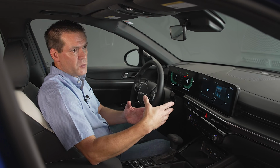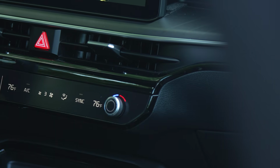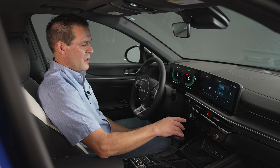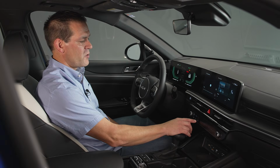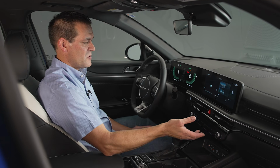We do have a few issues with them, and let's deal with the not so great stuff first, and then we'll get into the better stuff. The thing that annoys us the most is probably this dual control system for the media and climate, and it forces you to switch back and forth. You have to press these little icons, so you can't have both available. So inevitably there's going to be some point where you want to adjust the climate system and it's on media,